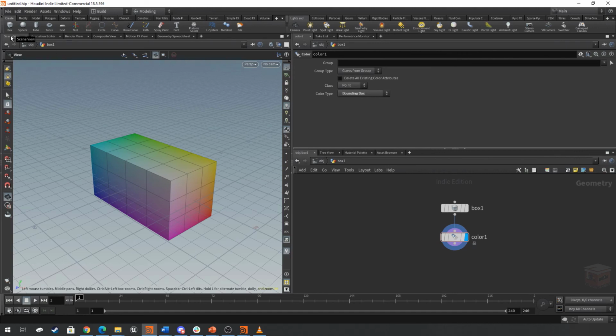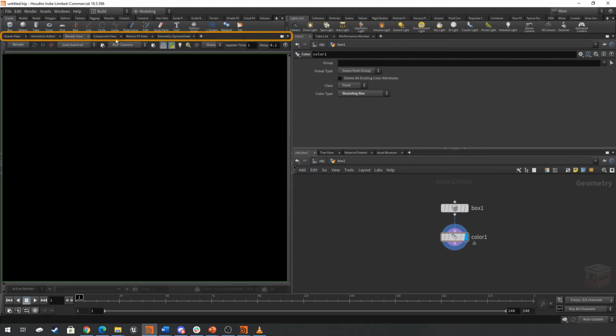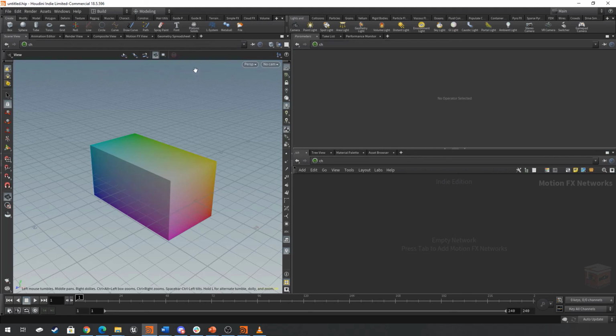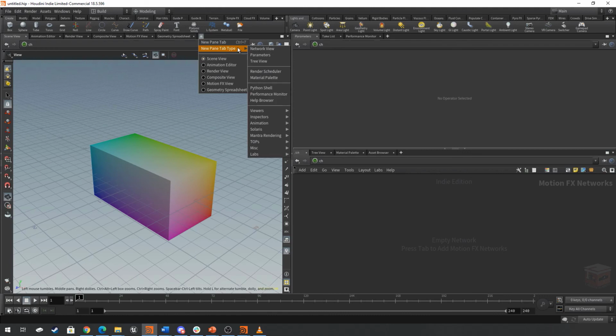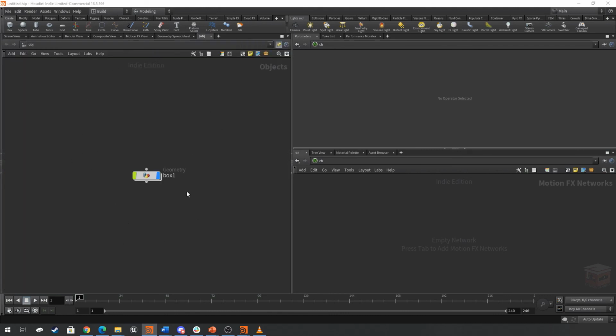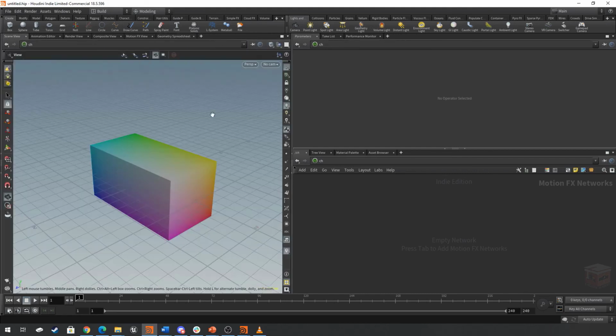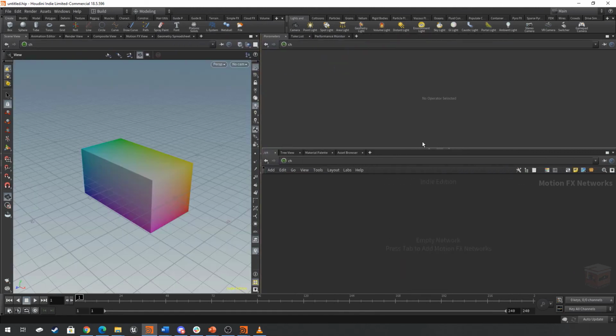Basically, just look at it this way. This here is one panel. Inside this panel, we have several tabs, and each tab contains a different type of editor. We can add more editors by clicking on the plus button next to these tabs. So for example, I could add another network view in this panel. We'll go more into how to navigate the network view and the parameter menu in later videos. For now, what I want you to understand is that when we are moving these around, we are actually manipulating